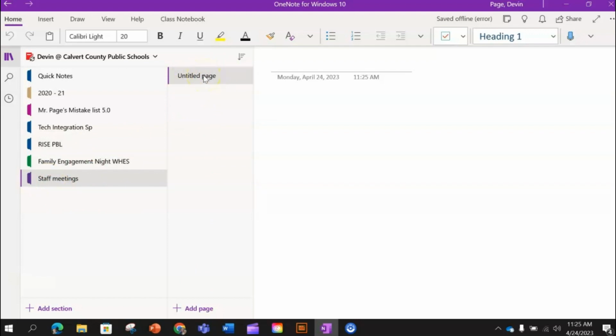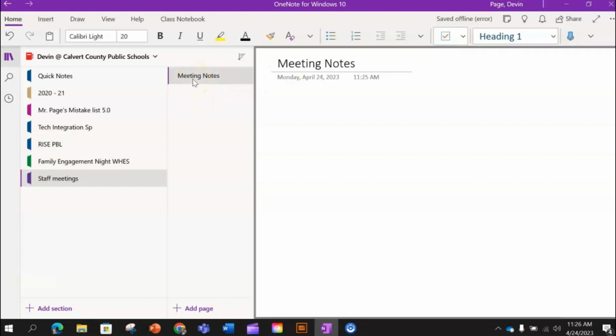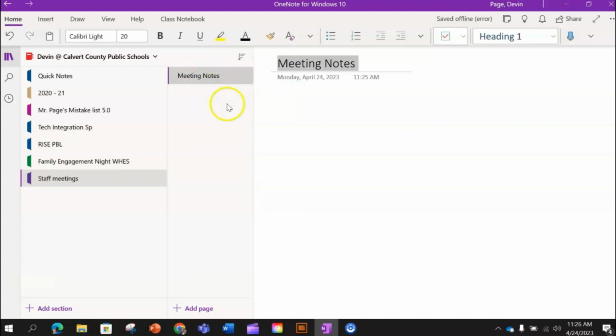Now you can title that page two ways. One is you can type above the timestamp and just give it a title. So I'm going to call this Meeting Agenda, or maybe I'll call it Meeting Notes, since I'm a participant, not necessarily a creator of the meeting. Another way you could change the title is to right-click and click Rename Page, and right here it's going to give you the option to rename it in the same spot where you gave it a name.